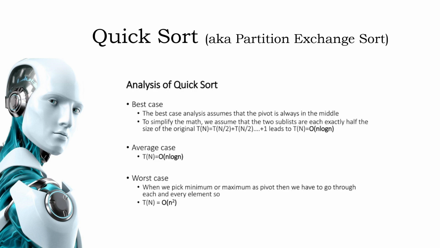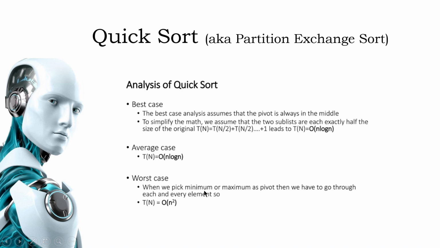Now coming to the time complexity of quicksort. Quicksort has the best time complexity as n log n, average time complexity as n log n, and worst case time complexity as n square. But in merge sort it was n log n even for the worst case, but in quick sort it is a different case,